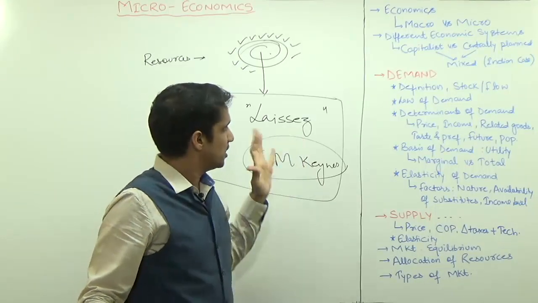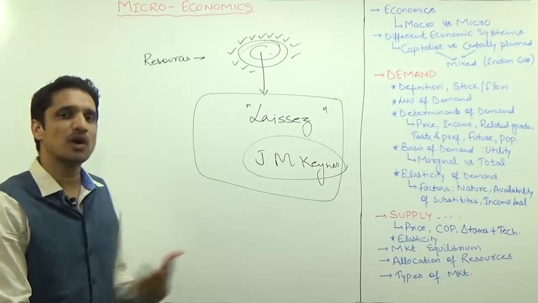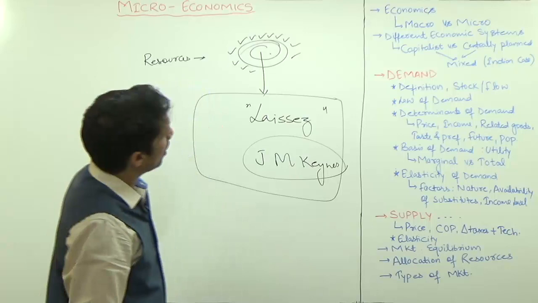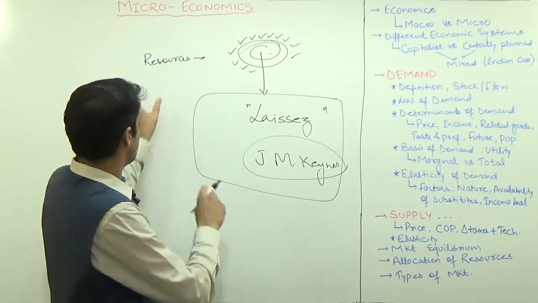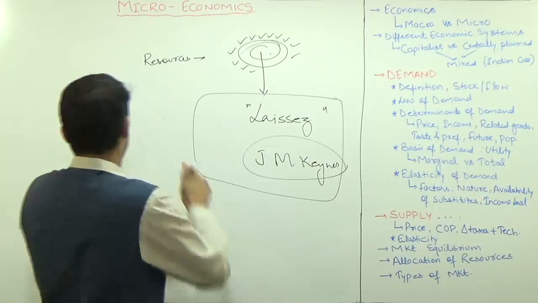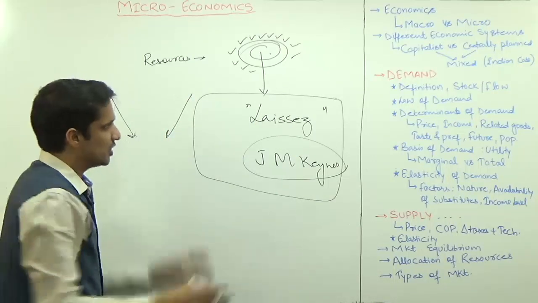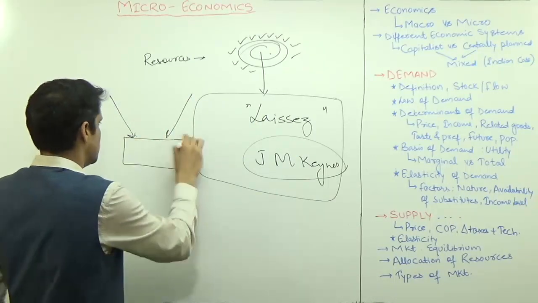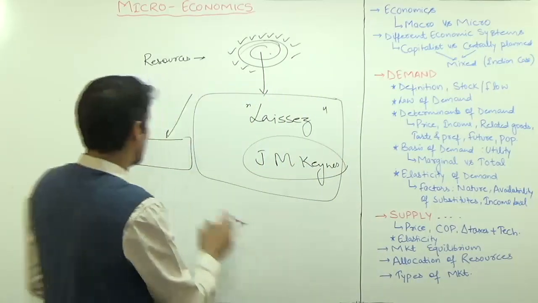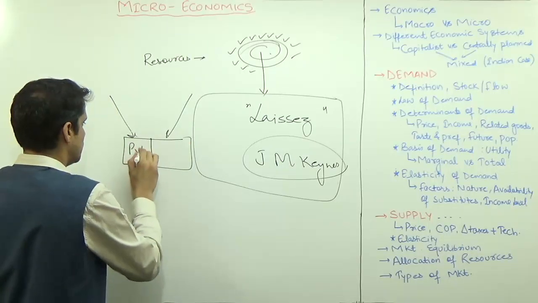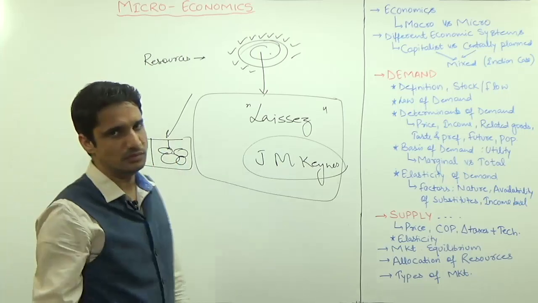So J.M. Keynes said that the private sector in itself is not sufficient to avoid recession, so government intervention is a must at some level. So there should be some positives of the capitalist economy which should be added, and some positives of the centrally planned economy should be added, and finally that is known as mixed economy. And India adopted mixed economy. So under mixed economy there will be private sector also, and there will be centrally planned policies also.